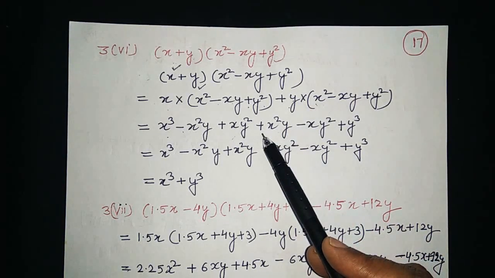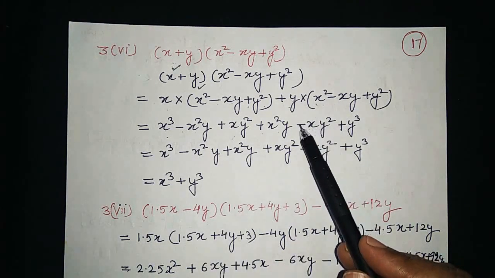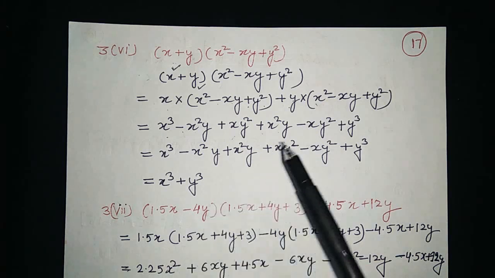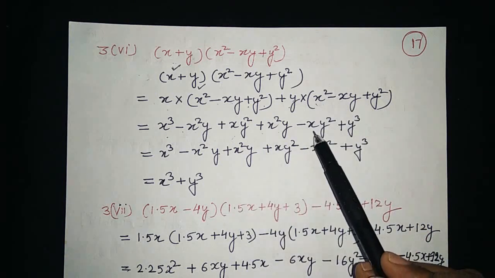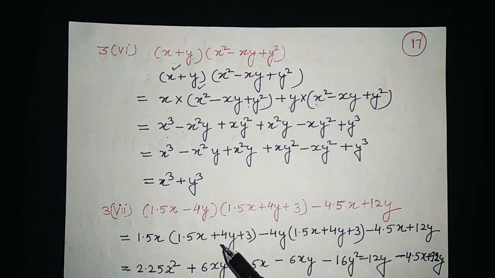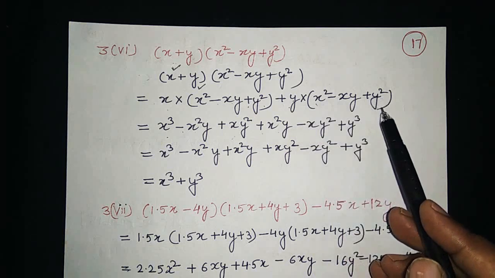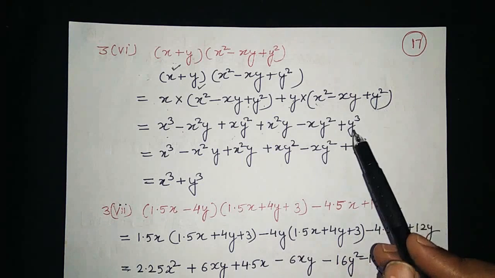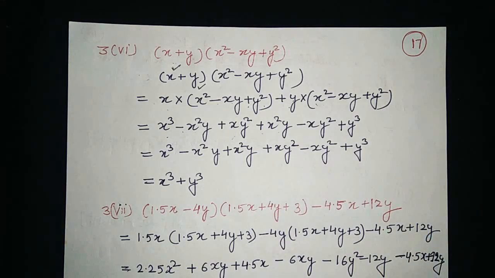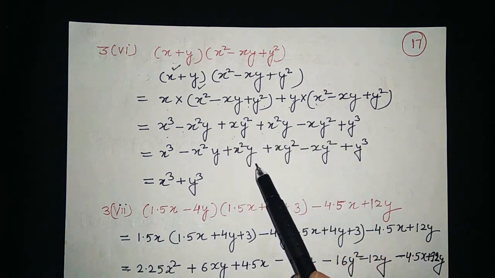The sign plus you will write. Now plus and minus we will multiply, here the minus sign will come. Now we will multiply this y by xy, so here xy² we will get. Now we will multiply this y by the last term of the trinomial. y into y², here we get y³. Now we can simplify it more.